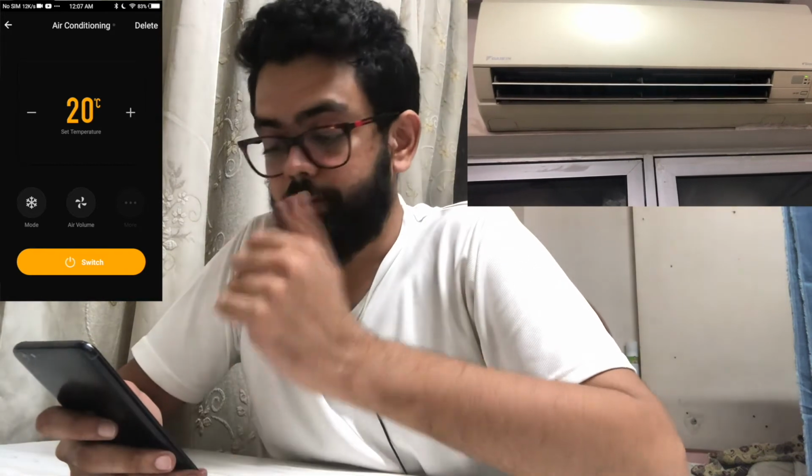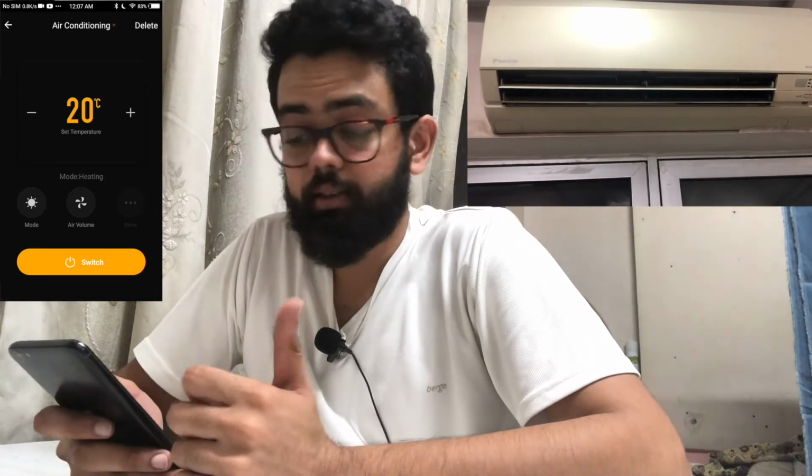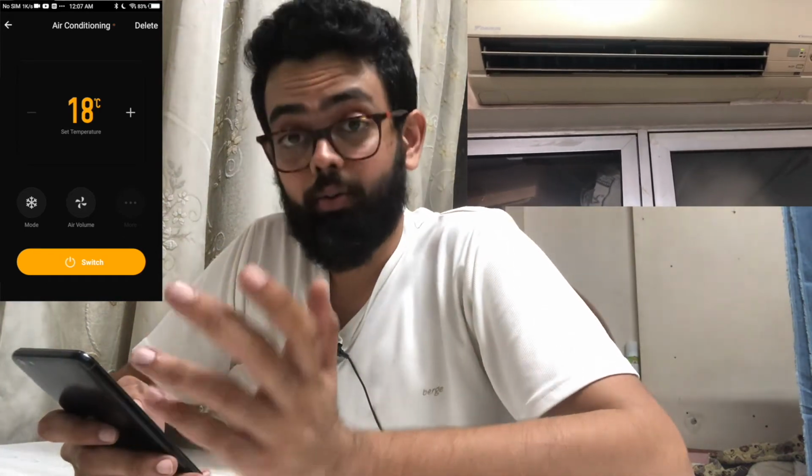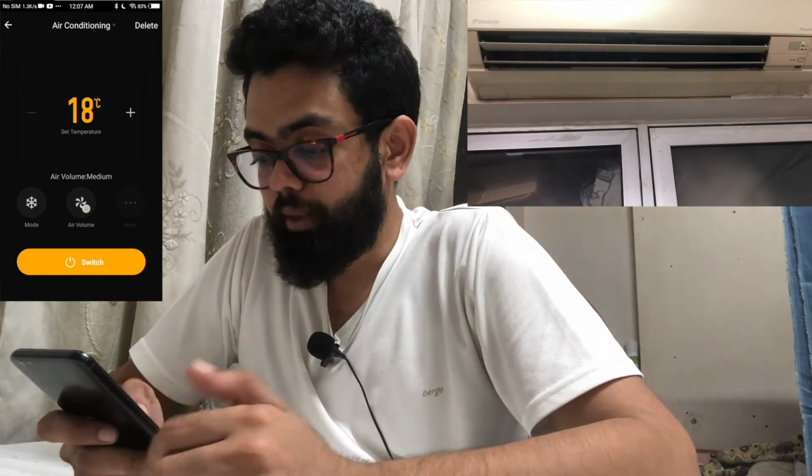It's responding. Also, I can change the mode to heating, but my AC doesn't support heating, so I'll just click on cooling. I can also set the air volume speed to low, medium, high, or auto. So I'll go ahead and select low.